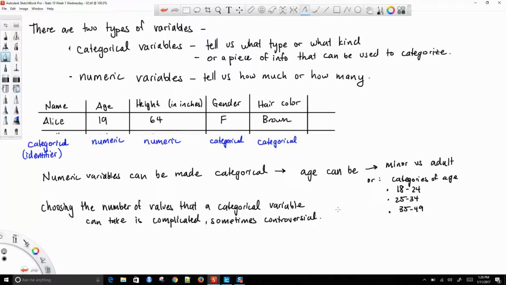Okay, let's try one more thing. Let's say I threw in zip code. Okay, and we asked Alice, what's your zip code? And she says, I live in 90210. Okay. I want you to think about this. Is zip code